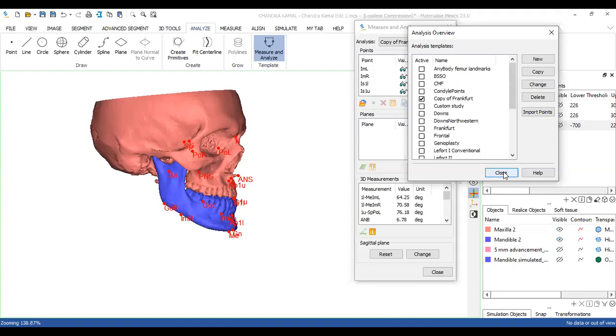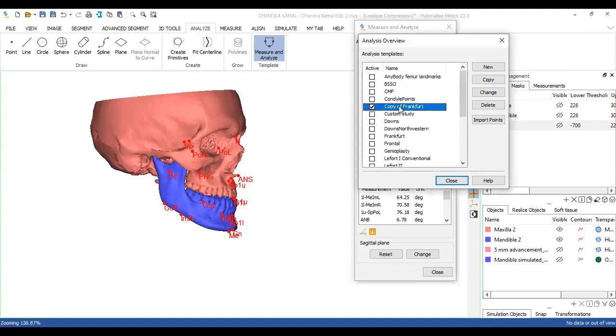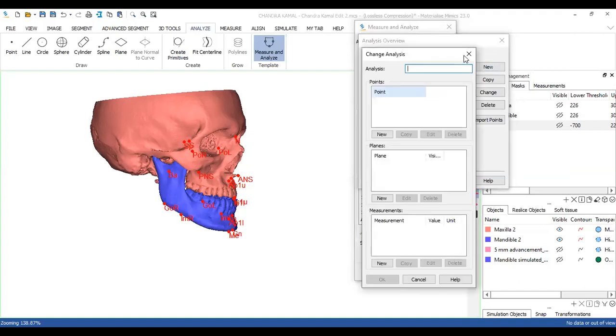So what I did is I went to overview and looked at the points to see if I have any other template. I'm going to select Frankfurt and New. I'm going to make a copy of this Frankfurt.